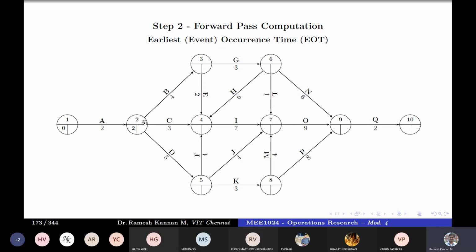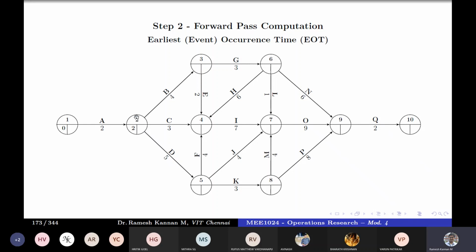Then let's take a look at the other activity, which is activity B, right? So B depends on activity A, right? Which means that the earliest event of the initial event of B is 2. The time for that is also 2. So do not confuse this 2 with this 2. This is the duration, right?